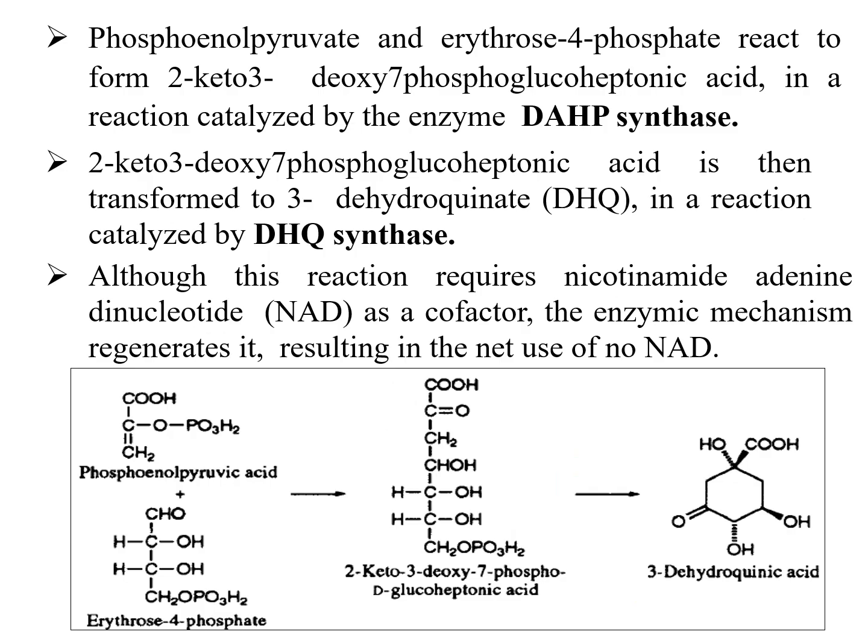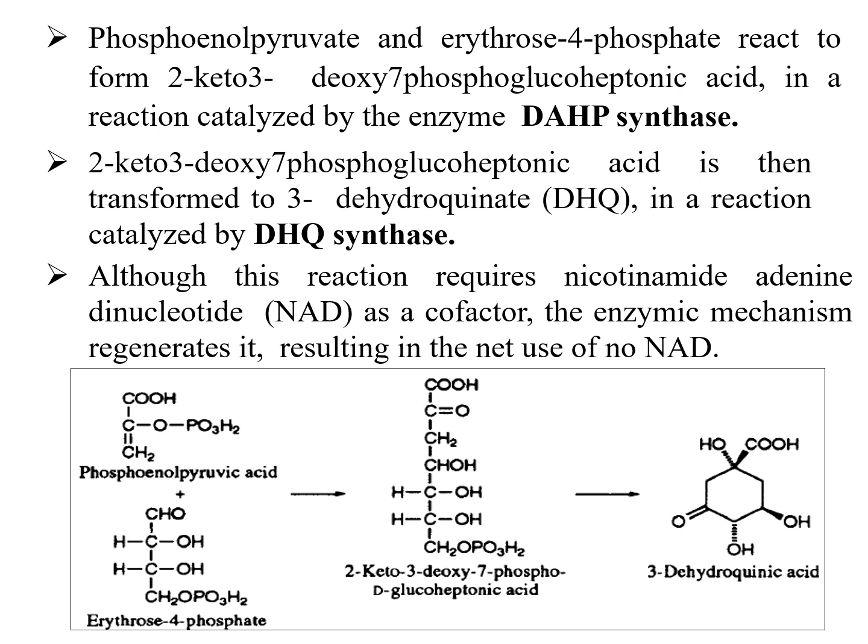So first of all, this is the first step. See here, there are two main compounds, phosphoenol pyruvic acid and erythrose phosphate. These are the two main precursors of the Shikimic acid pathway, the two starting materials. Phosphoenol pyruvate comes from the glycolytic pathway, and erythrose phosphate comes from the pentose phosphate pathway, and these are the primary biosynthetic pathways which help to produce the primary metabolites.